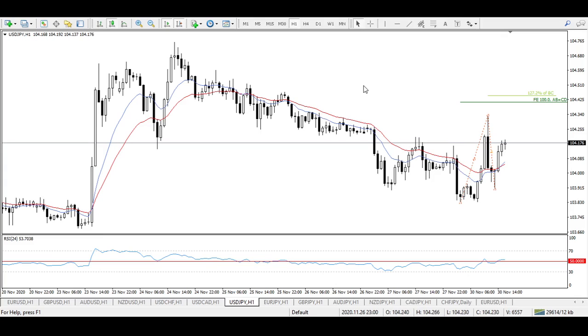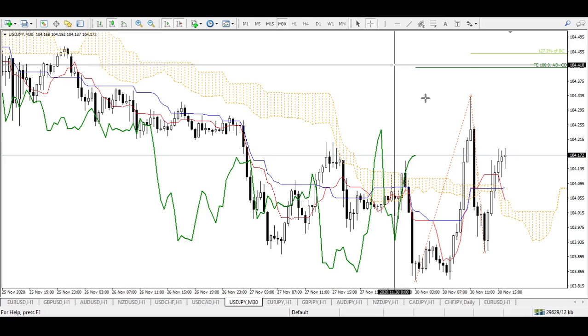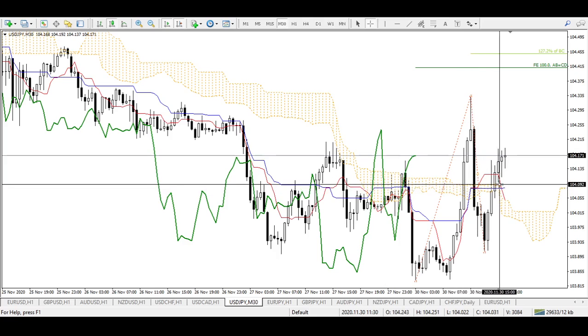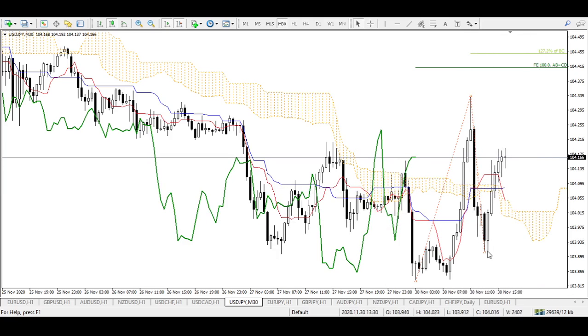When I trade USD JPY, I more often look at Ichimoku on half an hour time frame. I have found that this Ichimoku works the best on yen pairs, and half an hour time frame on USD JPY is really good for this indicator. So when this retracement was taking place, price had gone below this blue line as well as the Ichimoku cloud, the cloud made by these orange lines, and then I wanted price to come back and cross above this blue